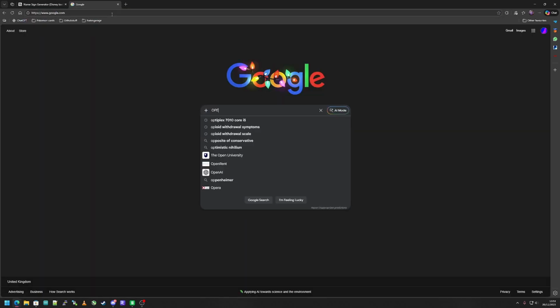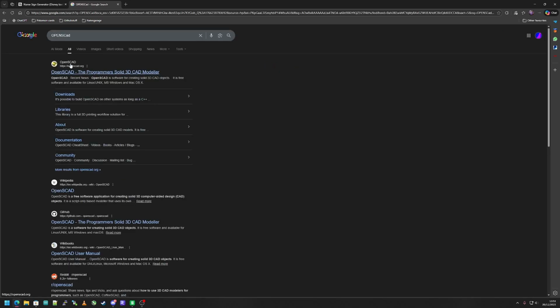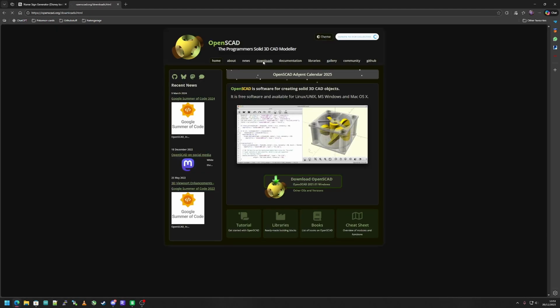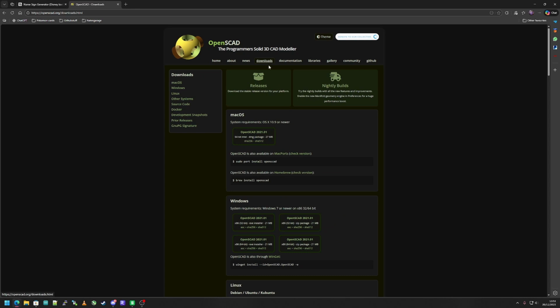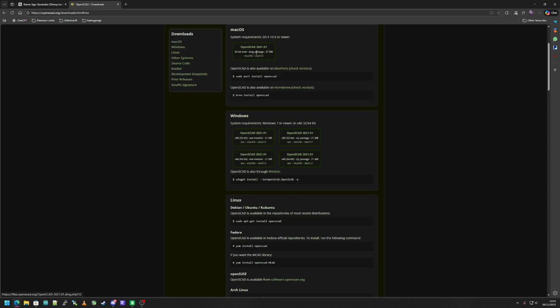So first off, we're going to get ourselves to Google. We are going to search for OpenSCAD. We're going to click on this first result here, openscad.org. We are going to go and download. We're going to go to releases, and we are going to find the correct release for our